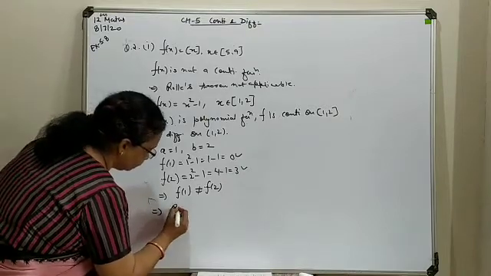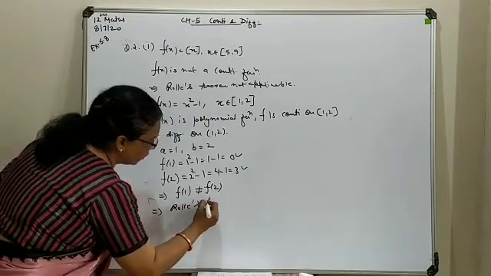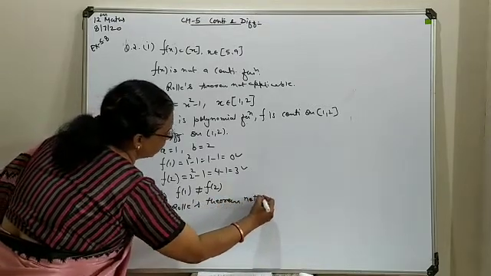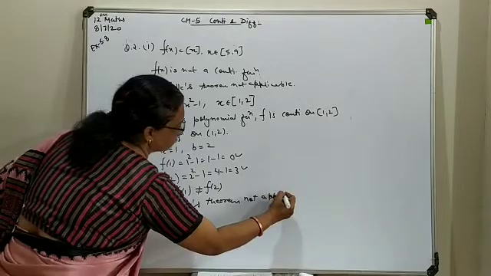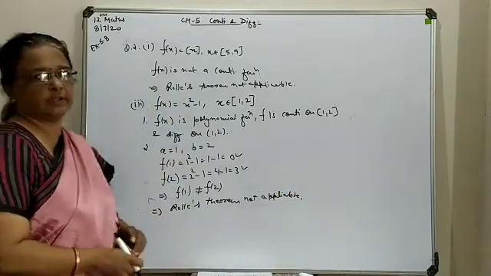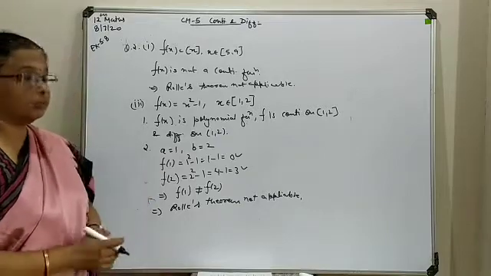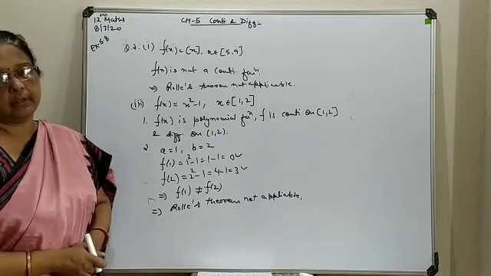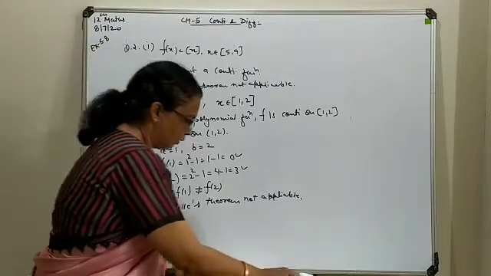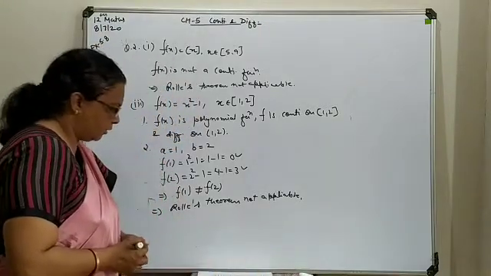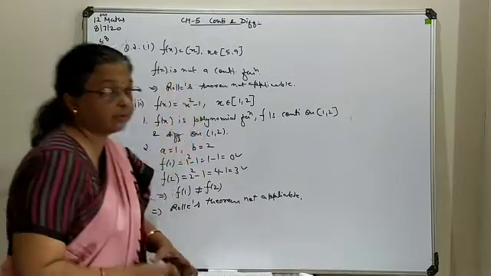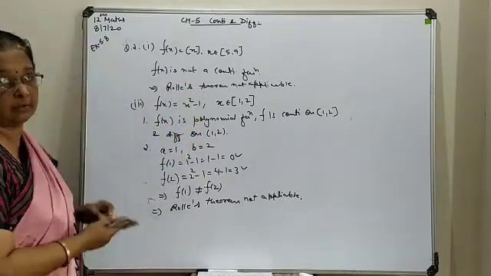So here it doesn't satisfy, which means Rolle's theorem is not applicable here. This way you have to justify your answer, why Rolle's theorem is applicable or why it is not. These are the questions you have to attend regarding Rolle's theorem. Now move towards the mean value theorem and its verification.